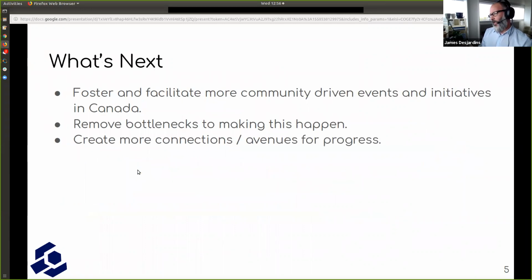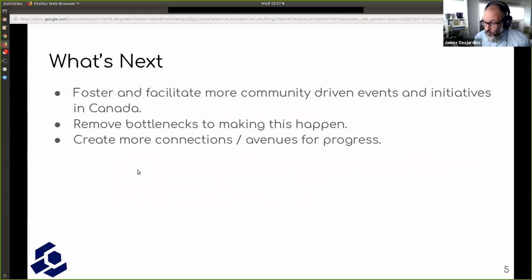So from that, and basically the end of my pointing discussions, what we need to do and what we really want to do is foster and facilitate more of these community-driven events and initiatives in Canada. Try to identify and remove as many of the bottlenecks to make this happen as possible.